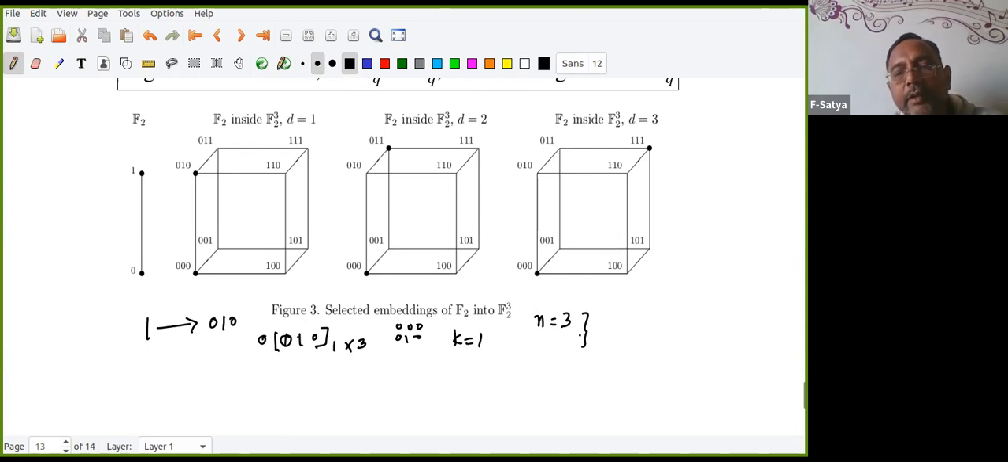So try to understand. I told one problem, I am now doing that. Here also k equals 1 and n equals 3. Now there is a little change. Now here also k equals 1 and n equals 3. But what